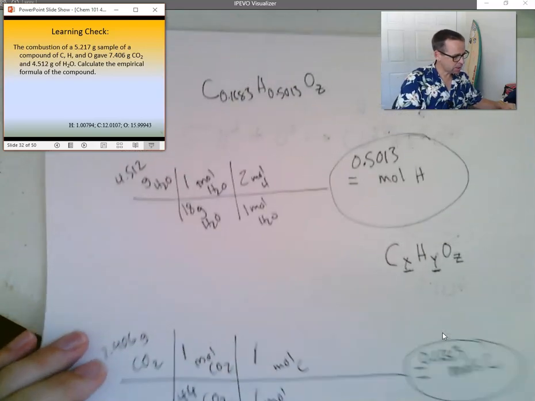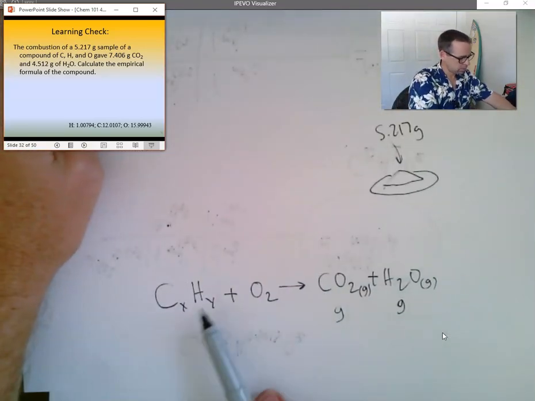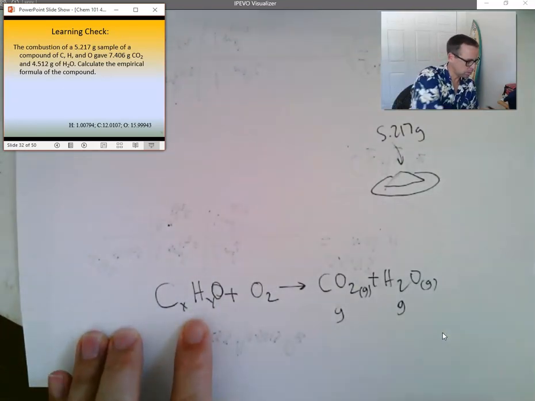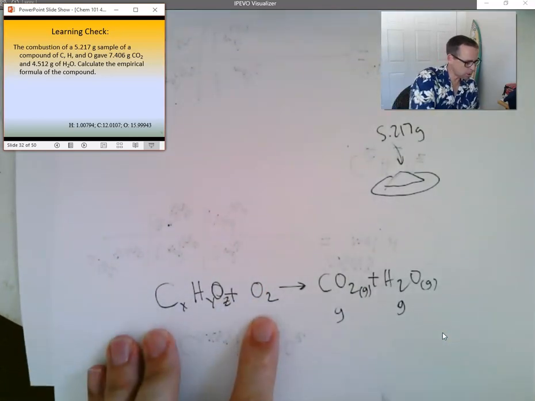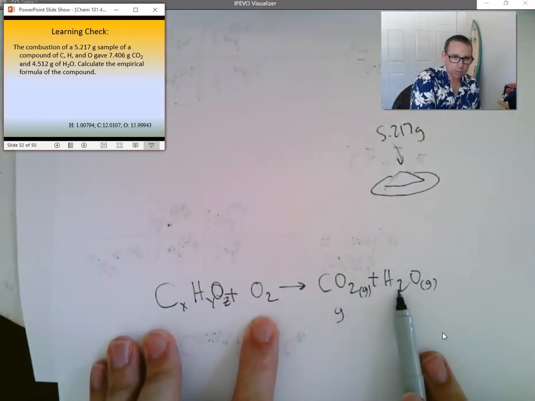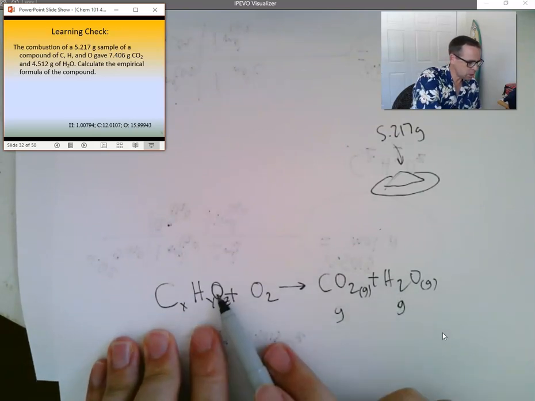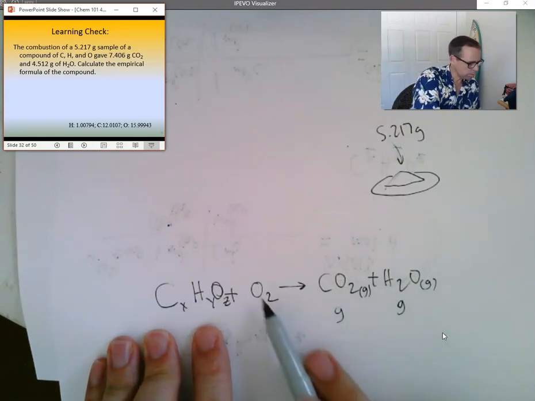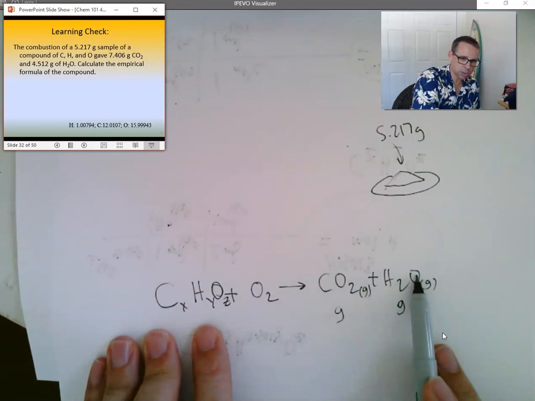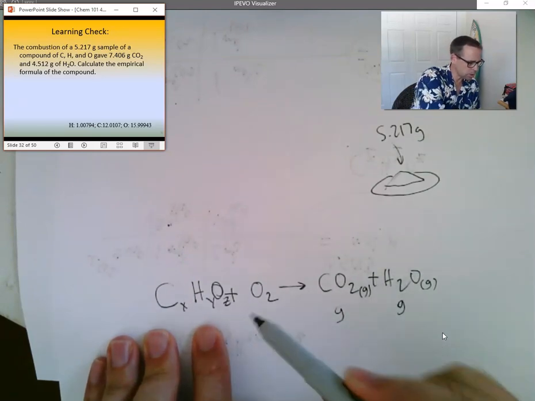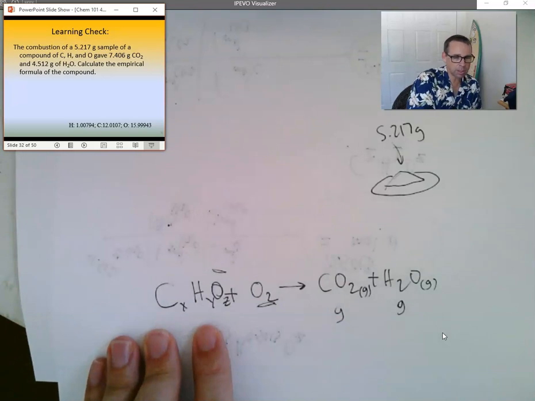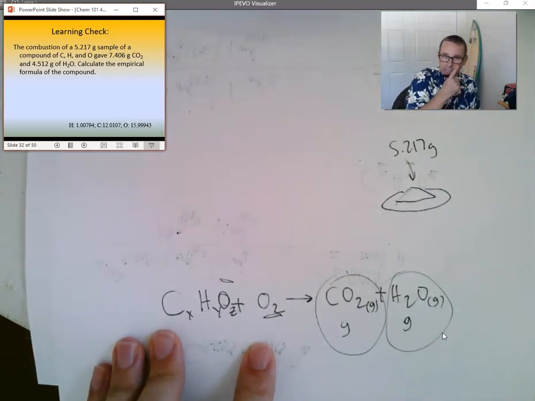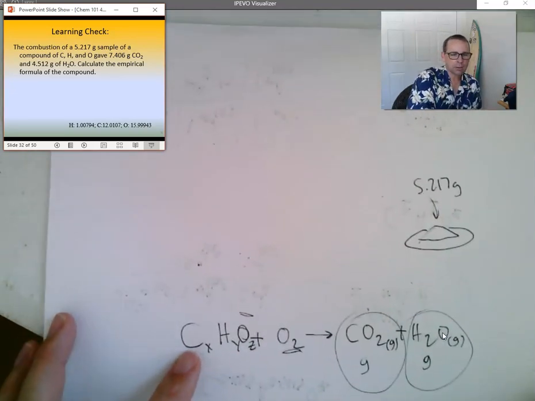Now the chemical reaction again is this. My carbon and hydrogen, and in this case I have some oxygen in my compound, is combining with the oxygen to form carbon dioxide and water. But I don't know if the oxygen in this compound ended up in the carbon dioxide or in the water, because the oxygen is ending up in both, the oxygen from the air and the oxygen in my compound. So I can't tell simply by looking at the grams of these two. But what I can do is find out